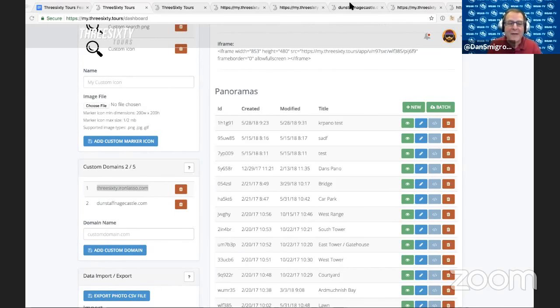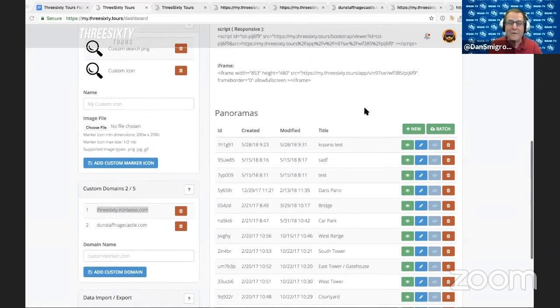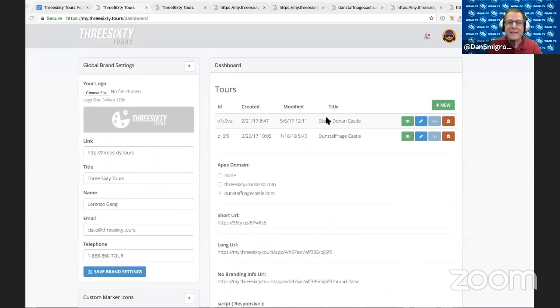Could you just go back to the place where, now that you've imported that custom domain, you actually made a choice of assigning it to a particular tour? So that's right. So here,